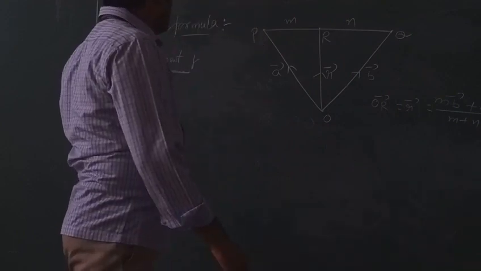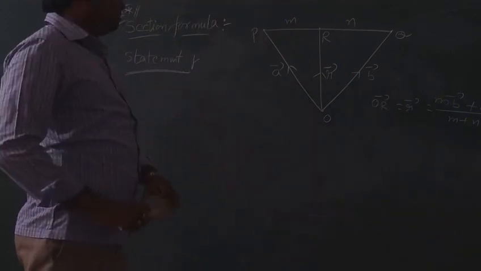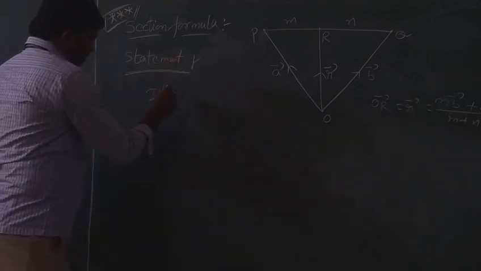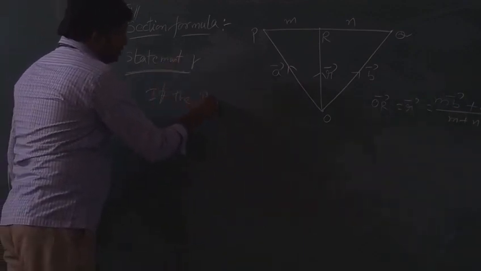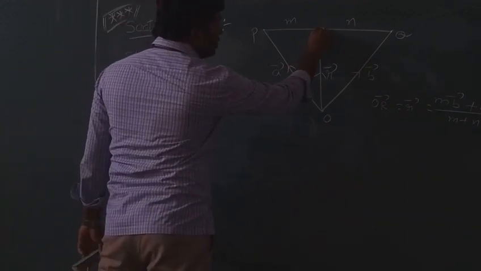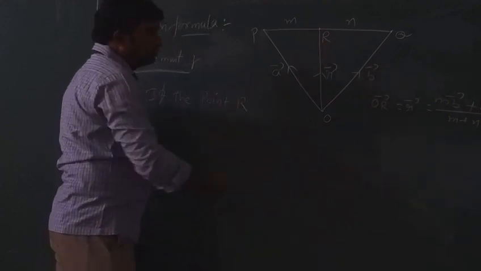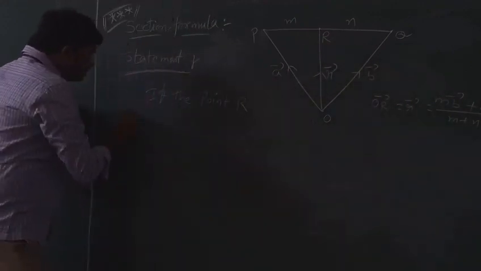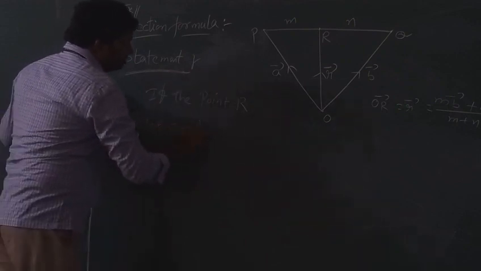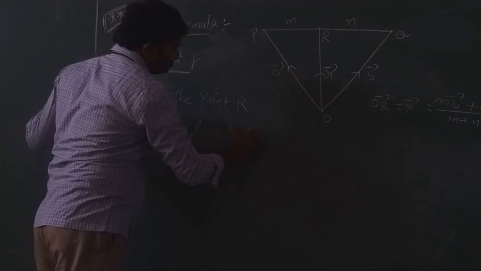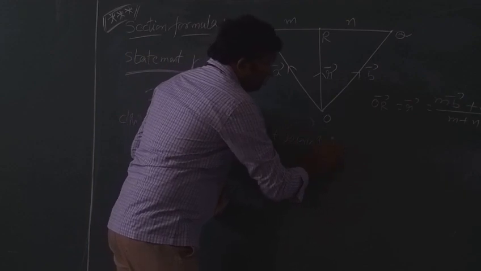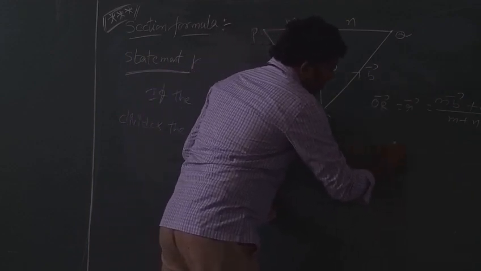Don't draw the figure. Wait. Time is there. Write down clearly the statement. Statement: if the point is going to divide the segment. What is that point? R, capital R. The point R divides the line segment joining P and Q in the ratio